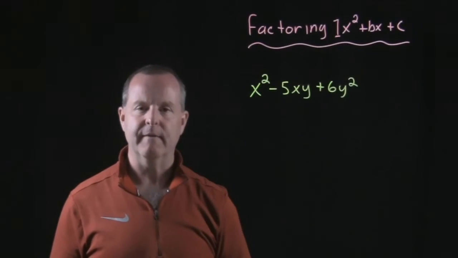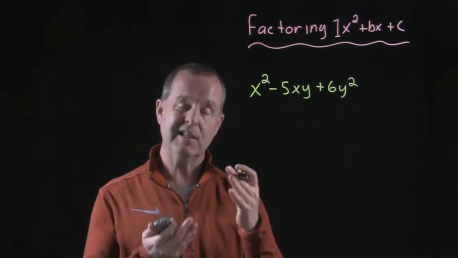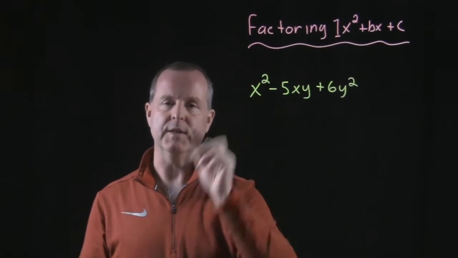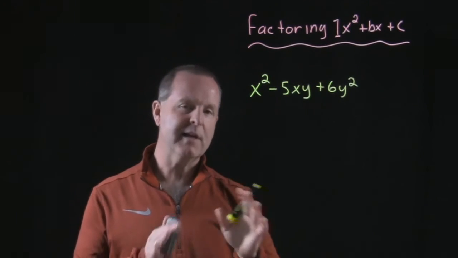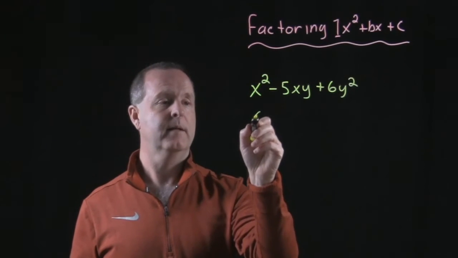Now this one has a little bit of a twist to it. Notice that there are two variables in it, but it's still a trinomial whose leading coefficient is a 1. So it's not too different. So let's begin how we've begun before. Create two